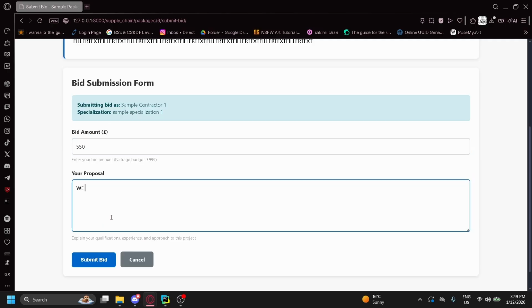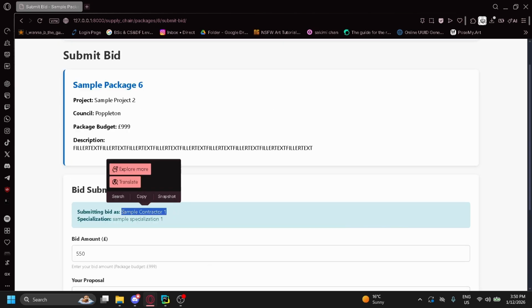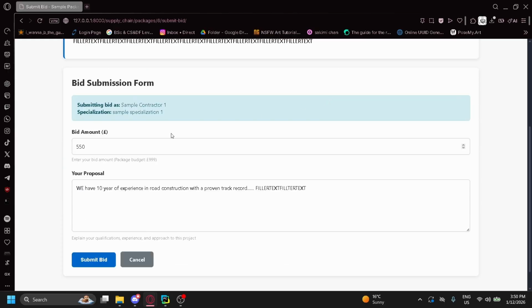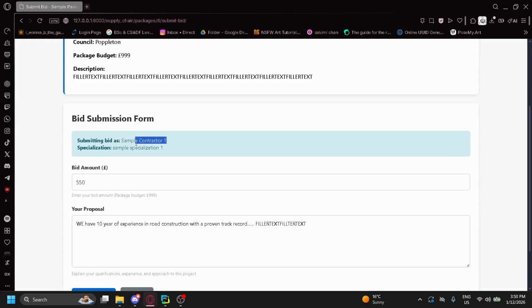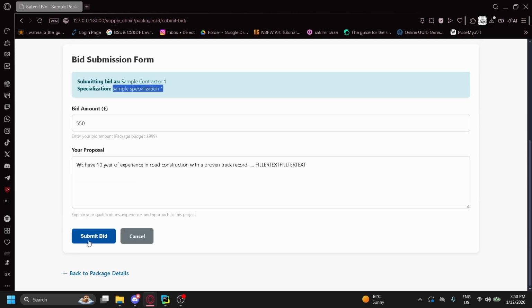Let's just write: we have 10 years of experience in road construction with a proven track record. Just filler text, you get the point. This is just us putting in a proposal. Now, as you can see here, we have been automatically assigned the name of which contractor we are submitting the bid as and what our specialization is. And after we click submit a bid,